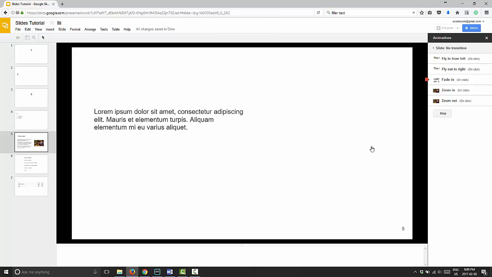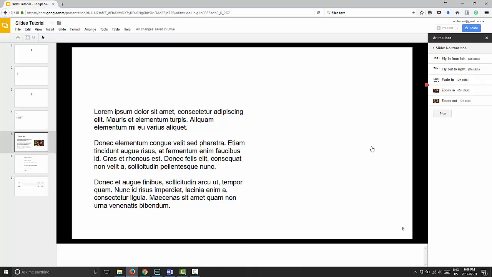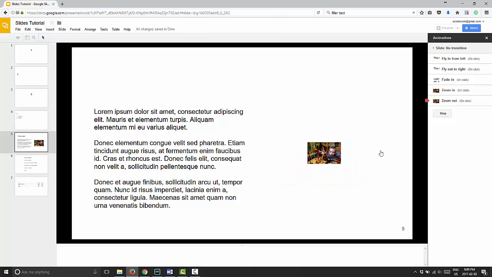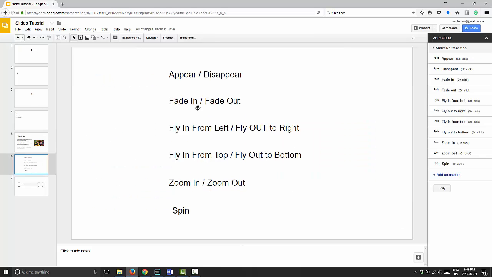The next one's going to fade in the first paragraph, fade in the second paragraph, and fade in the third paragraph each time I click. And then the last one is the image. As you can see, it zoomed in from very small to normal size. And then when I click it again, it's going to zoom out from the size back to where you can't see it. So that's it. You click stop now so you can go back. And if there were any changes you wanted to make to your animation, you can go ahead and do that now. But let me show you the next slide now,